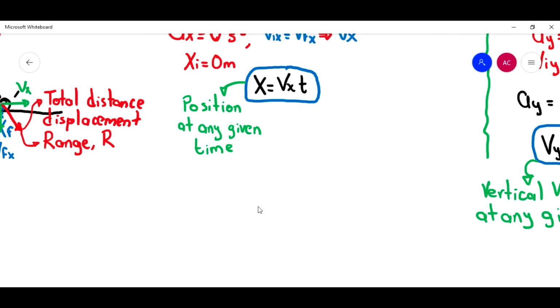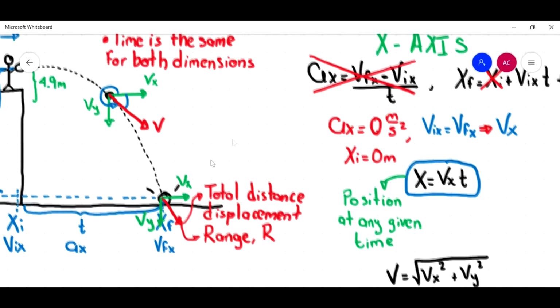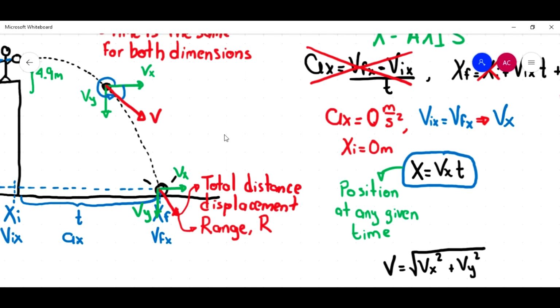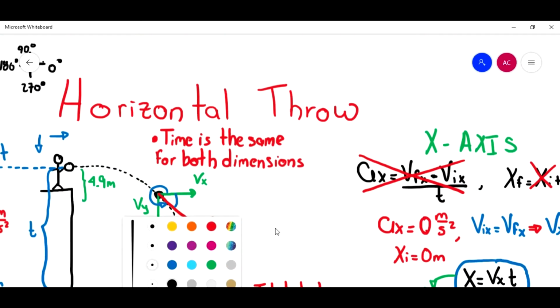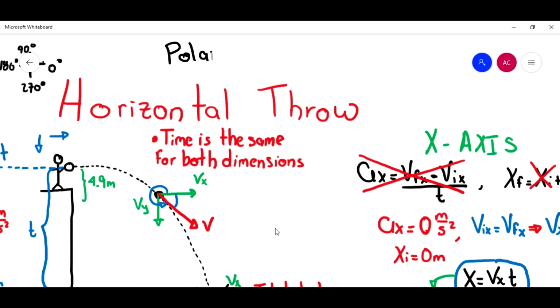And the first equation, to find the resultant vector, is the velocity in x raised to the square plus the velocity in y raised to the square. Okay, remember that the vector could be written in two forms: the rectangular components and the polar form. Remember that in polar form,